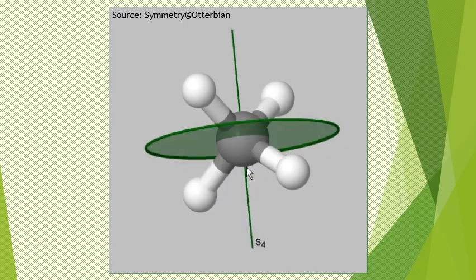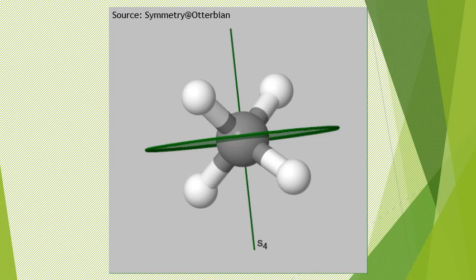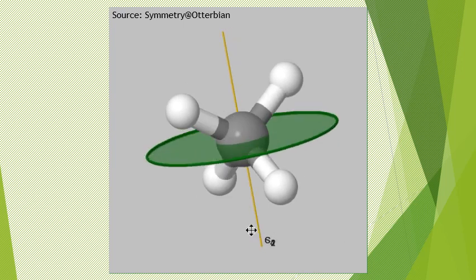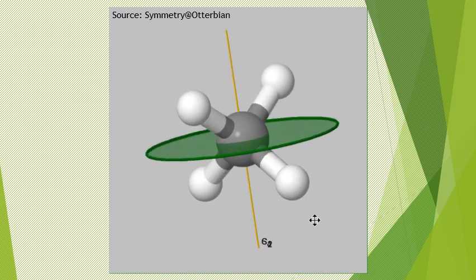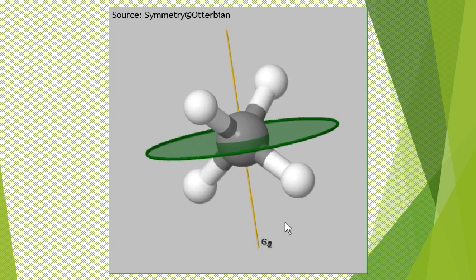Now see, this is the S4 axis, but this is collinear with the C2 axis too. That also I can show. So this axis is collinear. Now see, C2 and S4 both have merged. The S4 axis is the C2 axis too. But now S2 is not a symmetry operation here. C2 is a symmetry operation, S4 is a symmetry operation, but S2 is not an operation. C2 you can check for.